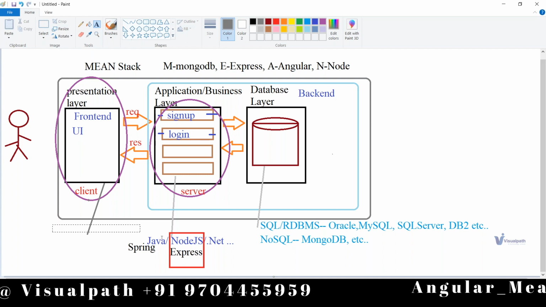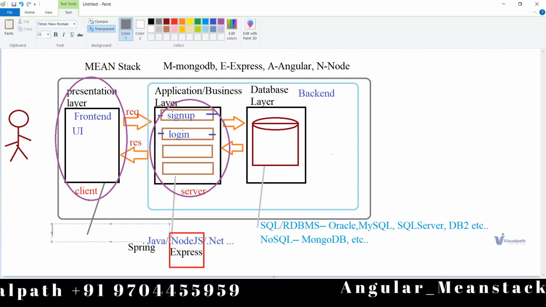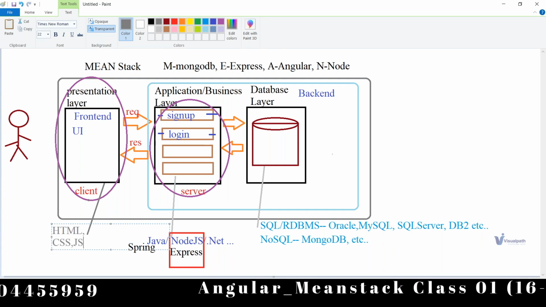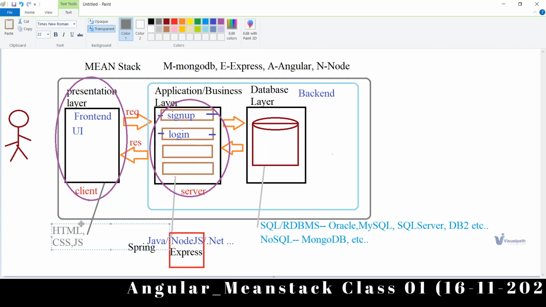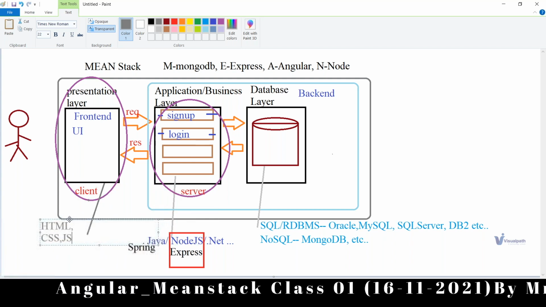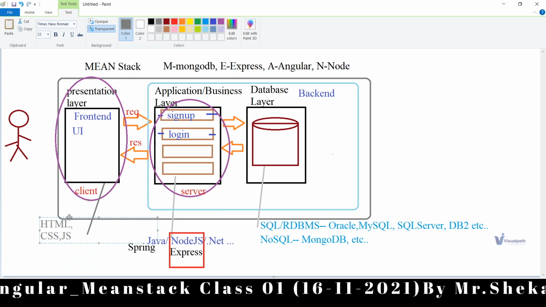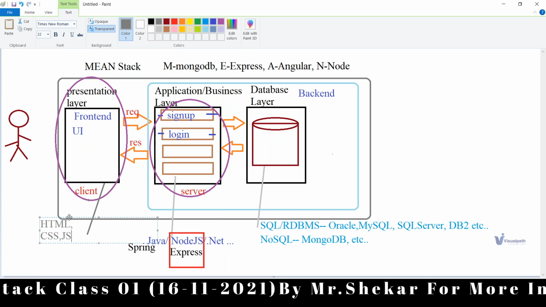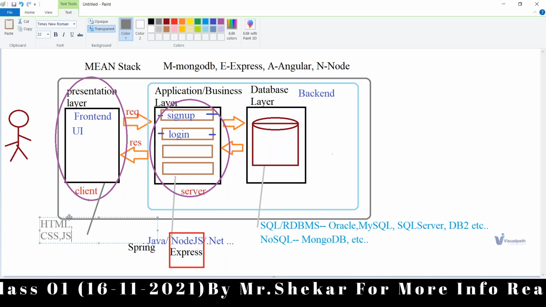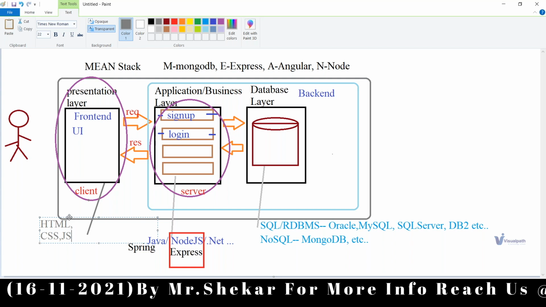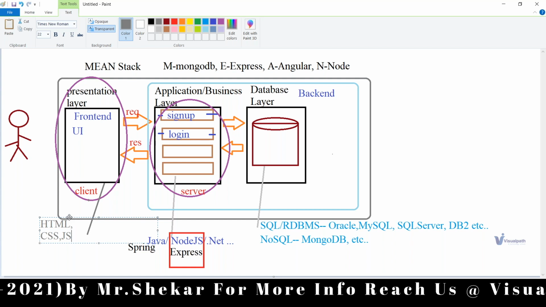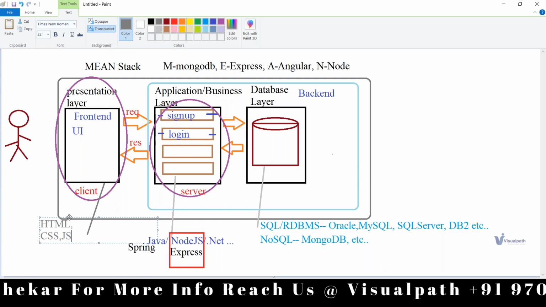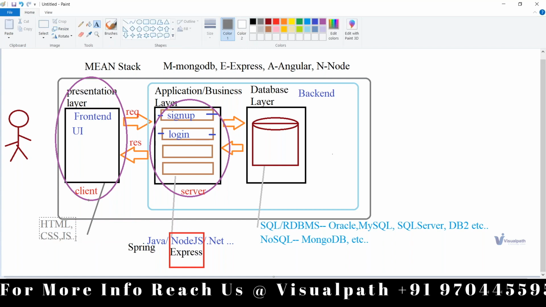Normally, those web pages can be developed using the basic technologies like HTML, CSS, and JavaScript. So to learn this MEAN stack, having some knowledge of HTML, CSS, and JavaScript is required. Basic knowledge of HTML and CSS is enough. You don't need a deep understanding of HTML and CSS, but when it comes to JavaScript, you should have a good amount of basics. These are the basic things for how you'll be developing.